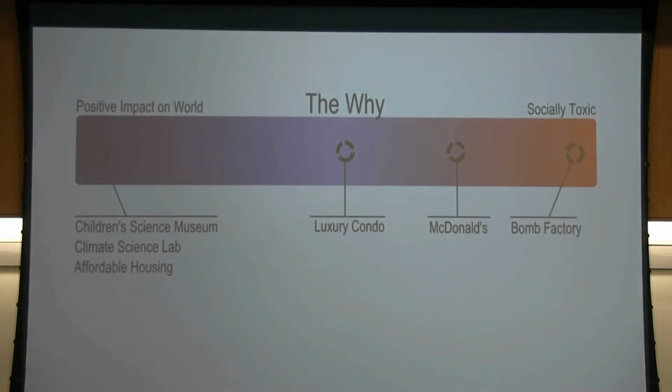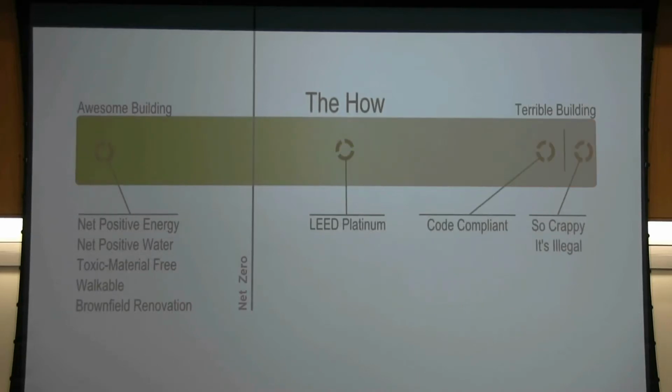So first, a little bit about why we want to do this. We're interested in creating meaningful environments for people. We want to design climate science labs and other fun buildings. We are not interested in designing bomb factories. In terms of how we get there, LEED has become ubiquitous. LEED is everywhere, and I think it's really important to acknowledge the USGBC and the LEED program as having piloted and, on some level, accomplished what they started out to do, which is to change the marketplace